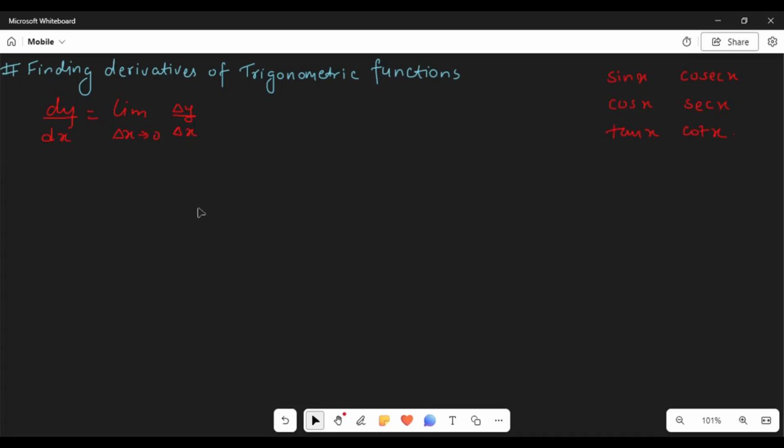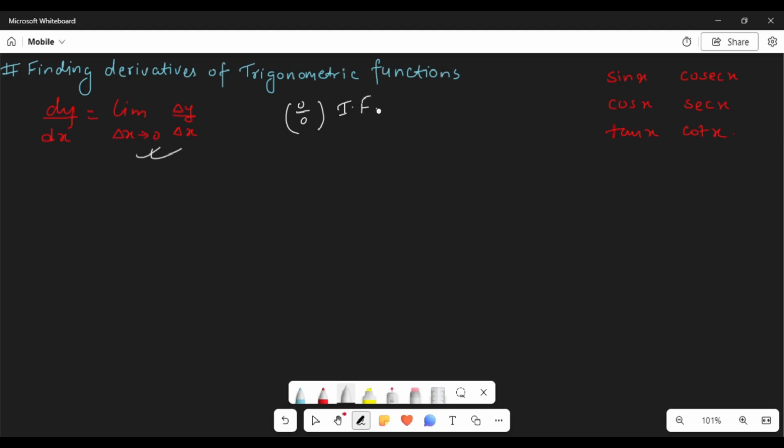In this video, we are going to derive derivatives of trigonometric functions using our first principle. Okay. Now we know when we put del y and del x directly, it always comes out to be 0 by 0, which is an indeterminate form. Now, whenever we encounter indeterminate forms in trigonometric functions, we should remember we'll have to use this formula